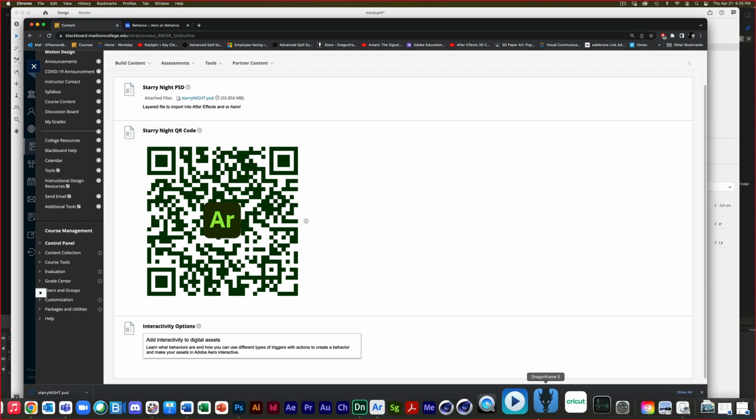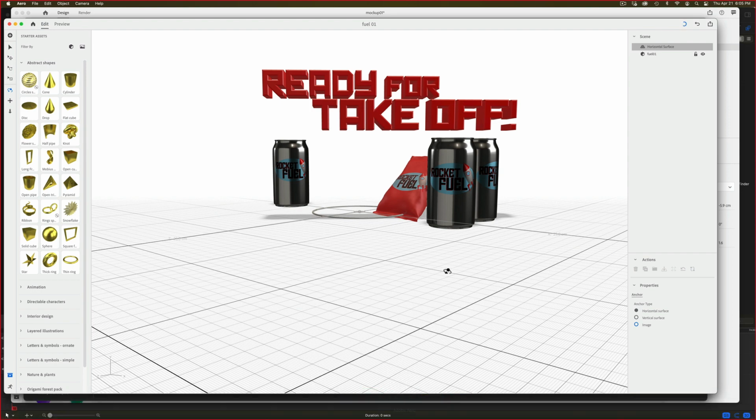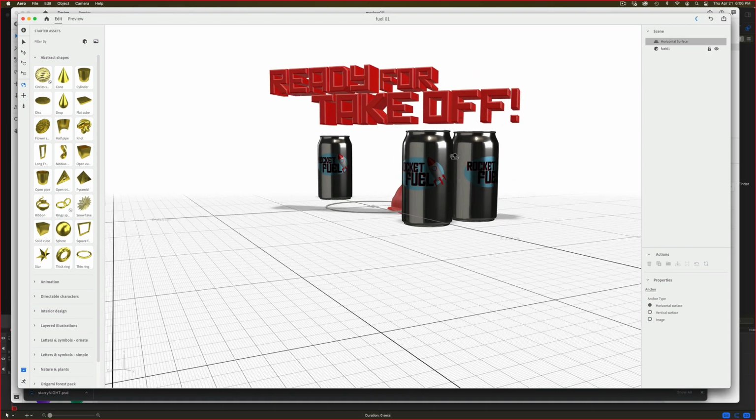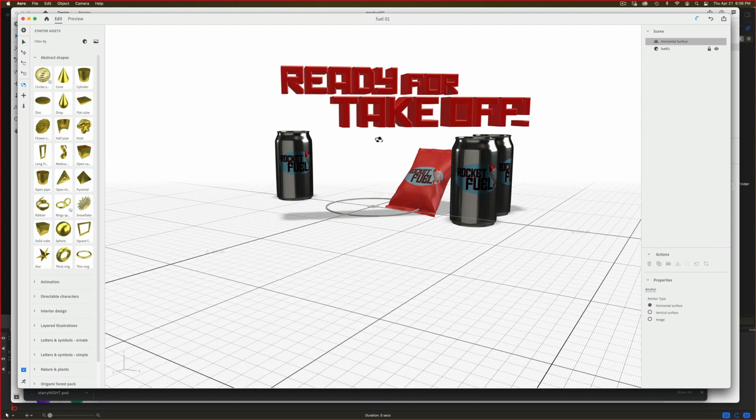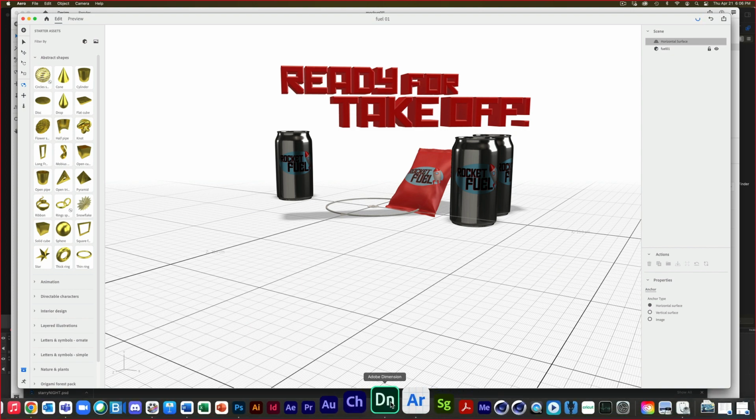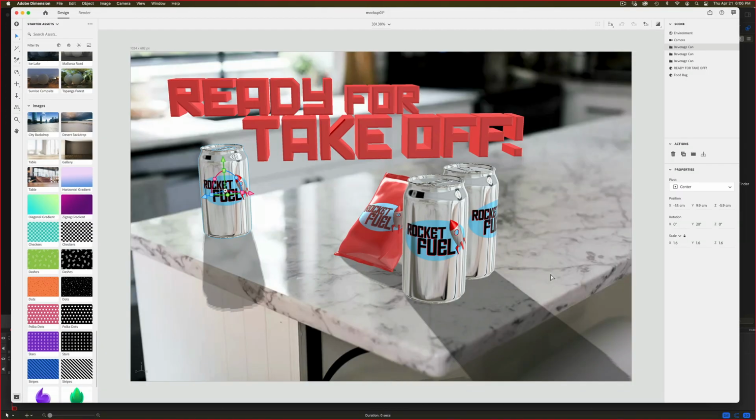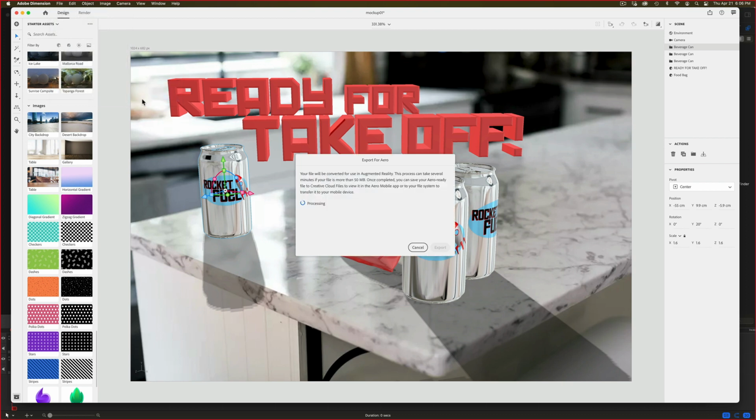Now, Adobe Aero is considered a beta app, and here I actually have that rocket fuel setup that we had created before. There are quite a few ways that we can import assets within Aero. From Dimension, it's actually pretty simple. If we create our 3D models and bring in our graphics and position them the way that we want them, once we're done there, we would just go File, Export, Selected for Aero,